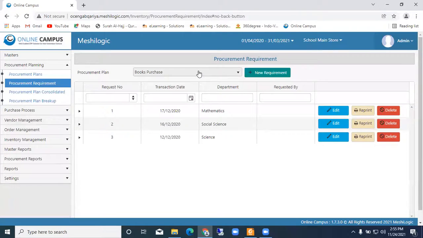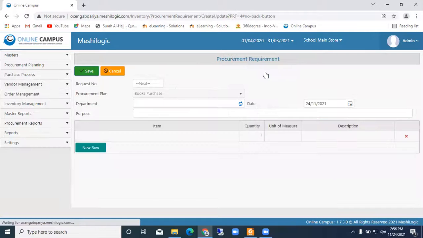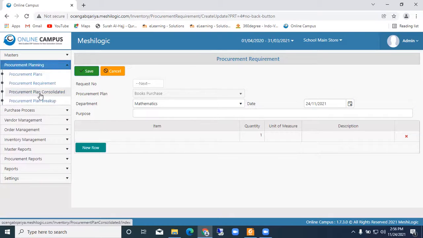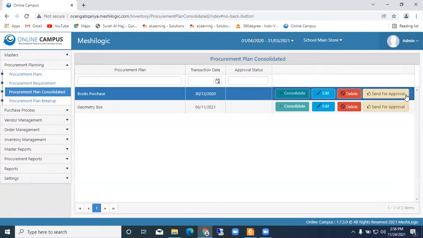You can add books to purchase. See, the procurement plan we have taken, so the procurement plans are coming here. Here we can keep on adding the requirements. It's something like budgeting before we commence the event. Of course, we are not using this module much, only some of the basic things of purchasing. There is an option so everything can be interlinked here. Again, coming back, purchasing plan consolidated. Once you do it, you will get the consolidated report here. Send it for approval to the